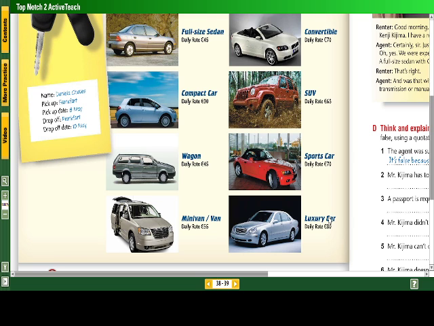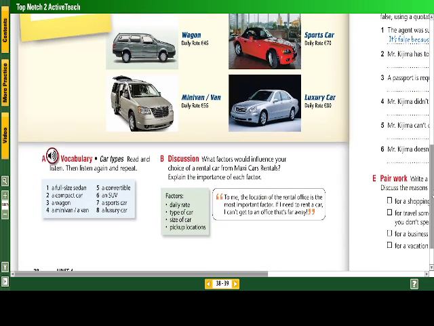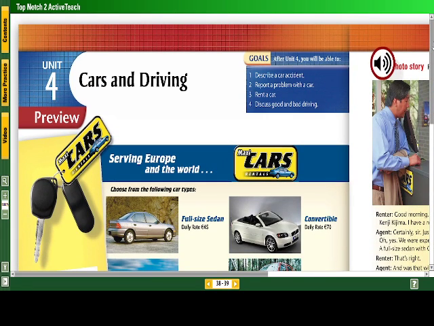Or maybe you would rent a full-size sedan or a compact car that has a daily rate of 30 euros. There is a discussion. Explain the importance of each factor. So we're going to talk about this, okay, in this unit.